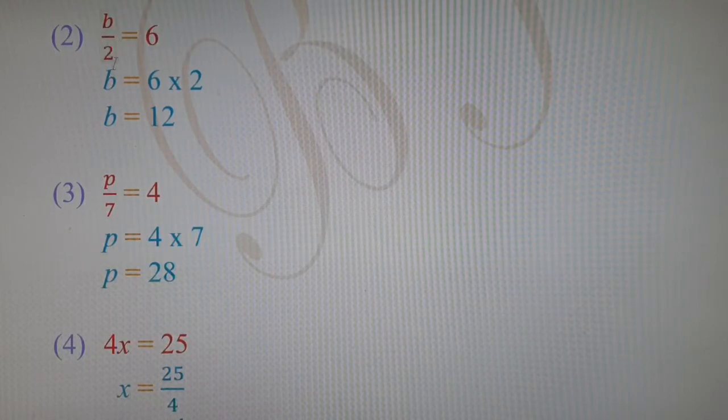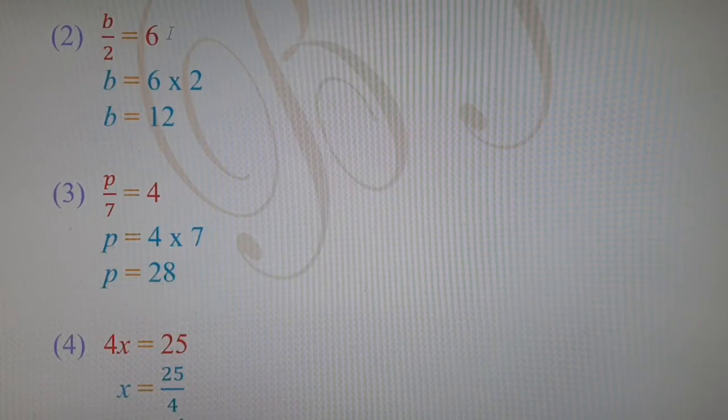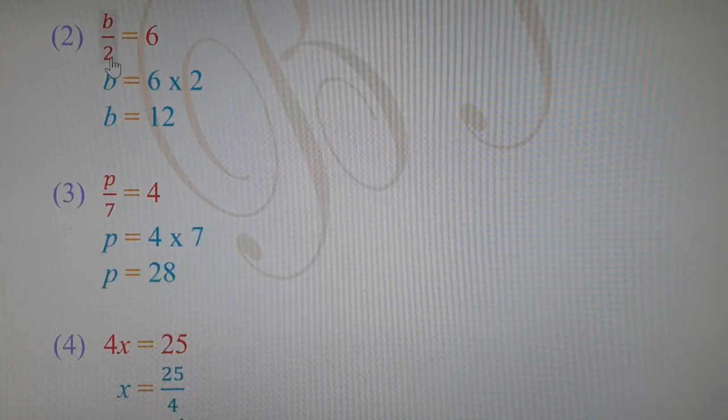Here we are having divide 2, or upon 2. So divide 2, when we transfer it from the left hand side to the right hand side, will become multiply 2 when we are using the transpose rule. In the transpose rule, we use the opposite rule. Opposite of division is multiplication, and 2 is in the denominator. So when it is transferred from left hand side to the right hand side, 2 will go in the numerator. So divide 2 will become multiply 2.